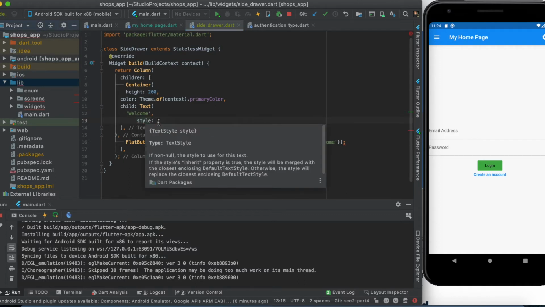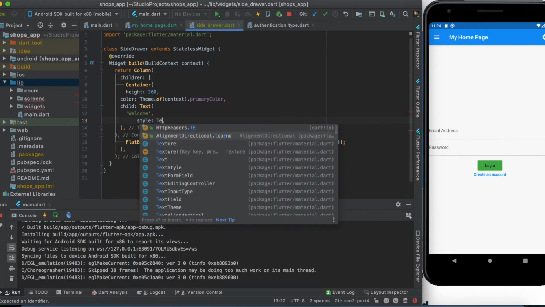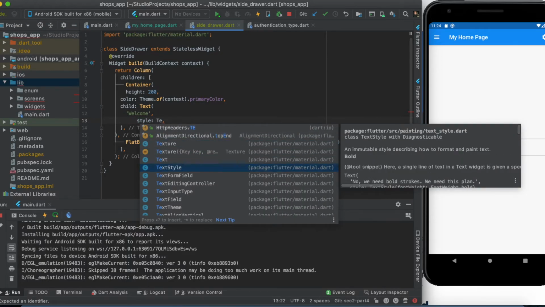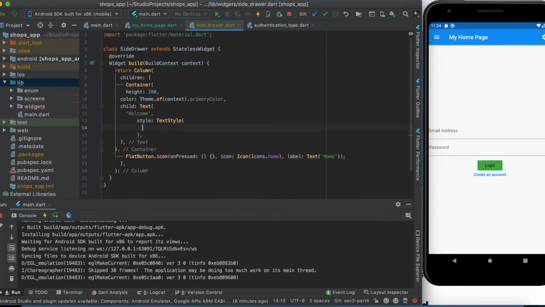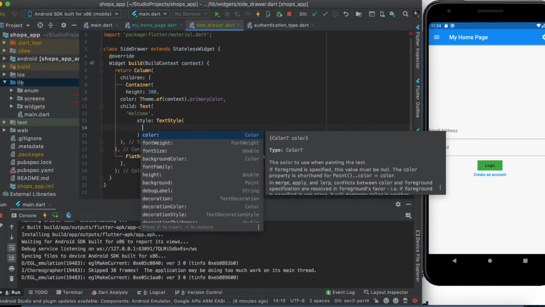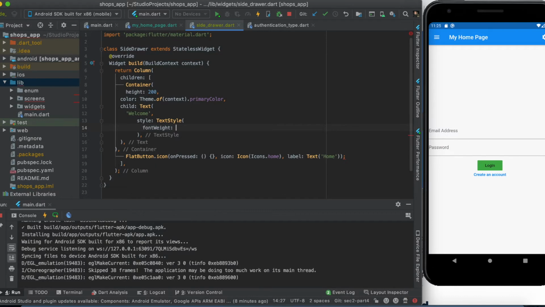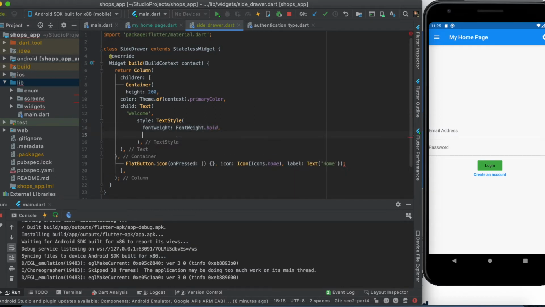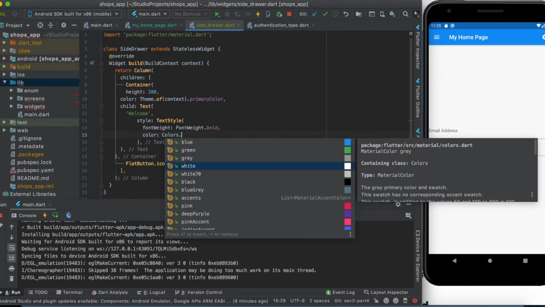The style requires a TextStyle kind of object, and in TextStyle I'm gonna use the fontWeight. The font weight should be FontWeight.bold, and let's change the color as well. So Colors.white,